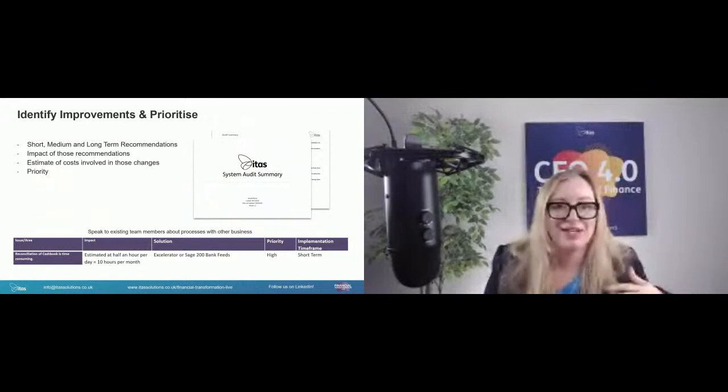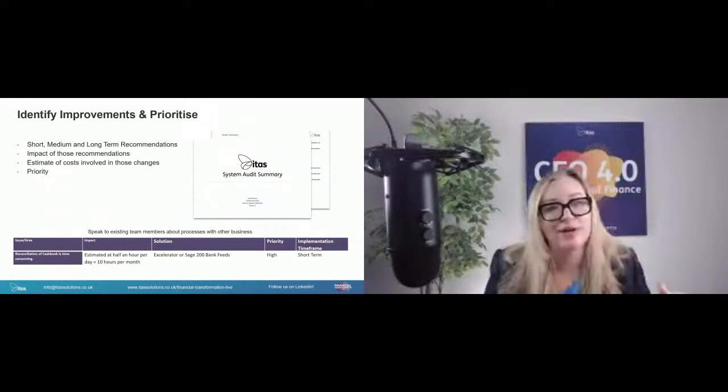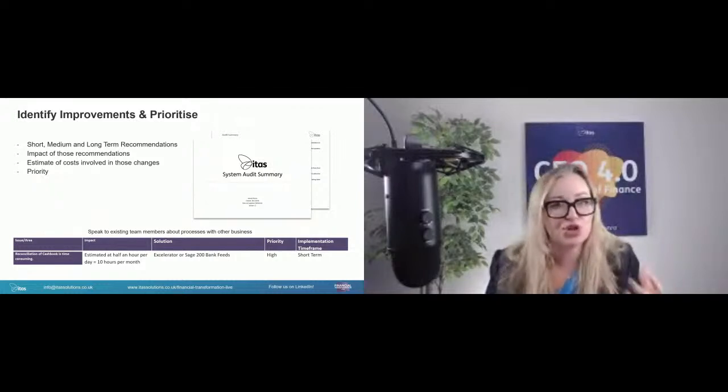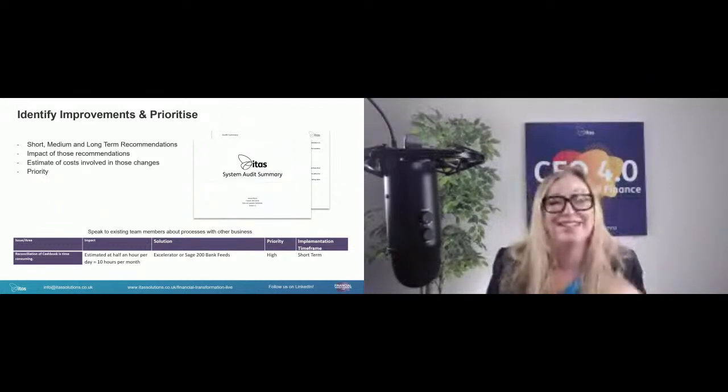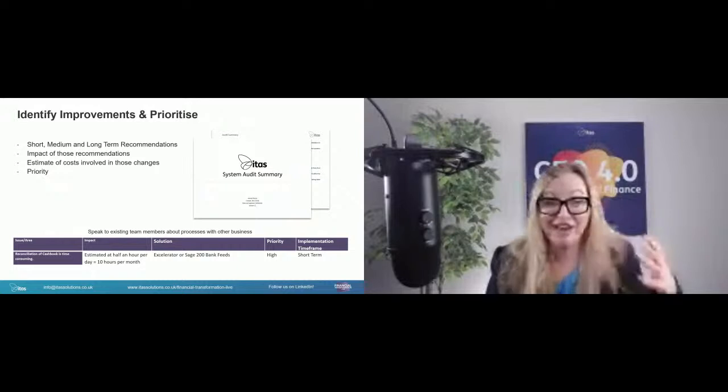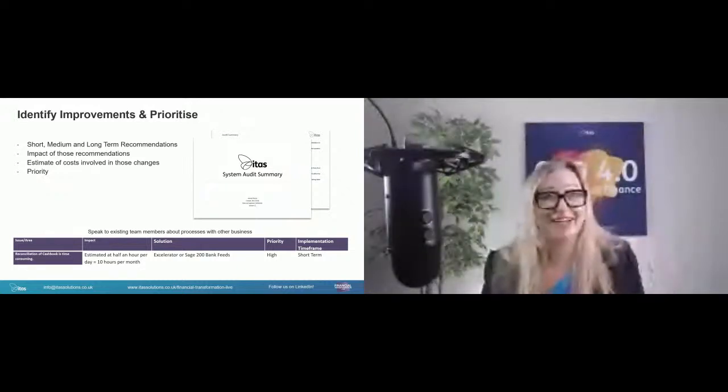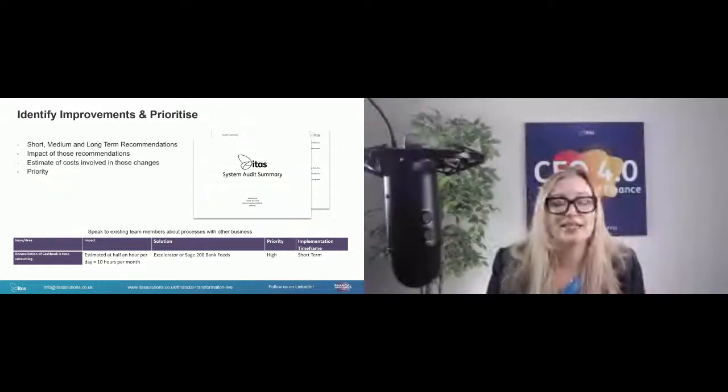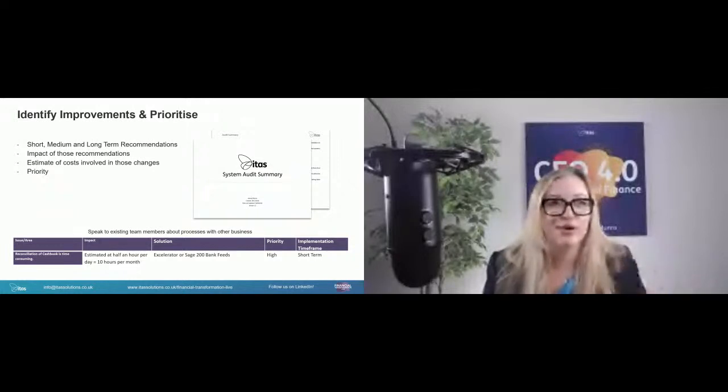You might get a lot of negative feedback, right? And I think if you want to continue to use your current system, you do need to make sure that the brand of that system within your organization is seen well. And finance should be seen as the drivers behind it. It should be seen as a system that allows you to get information out, with processes that work well for the whole business, not just finance, to deliver the result.